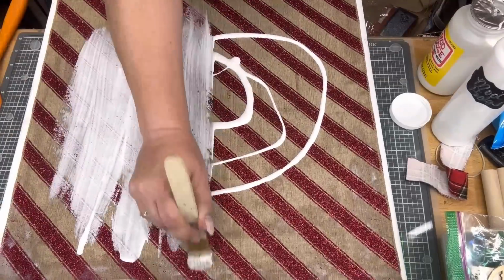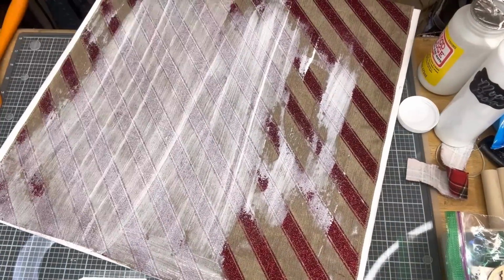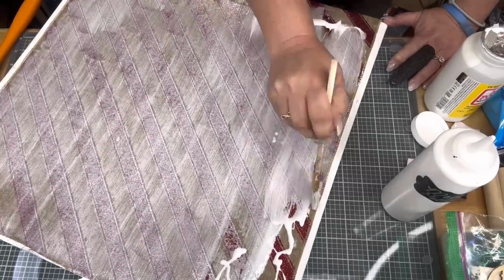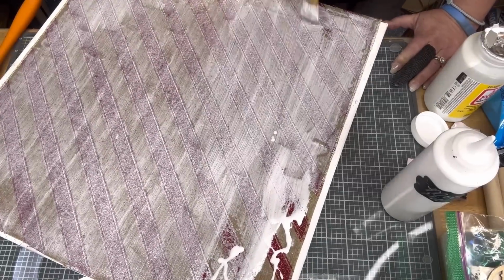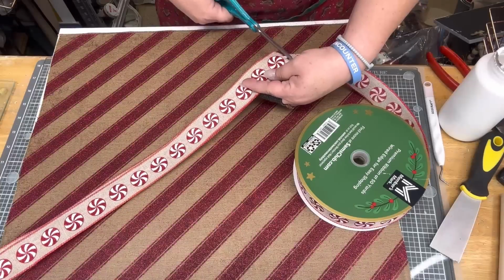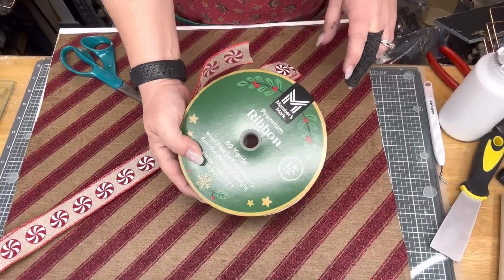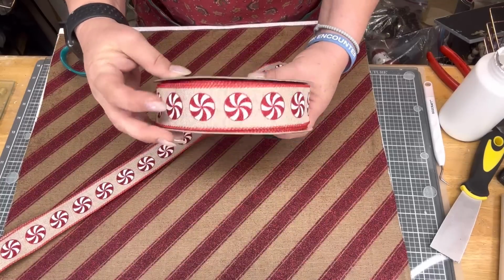And then I take my spatula here and I'm just going to mash it down. And then I'm going to take Mod Podge and dump it all over it and seal the entire thing in. Make sure you're getting the edge and the sides real well. I cut it too short, but of course I did. But anyway, and then I'm going to take this ribbon that I got from Sam's, you guys. I think it's just absolutely too cute. And I'm going to add this